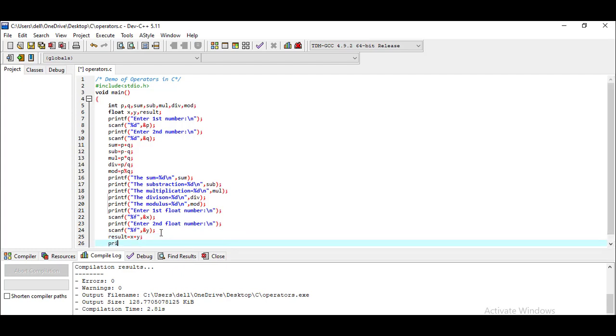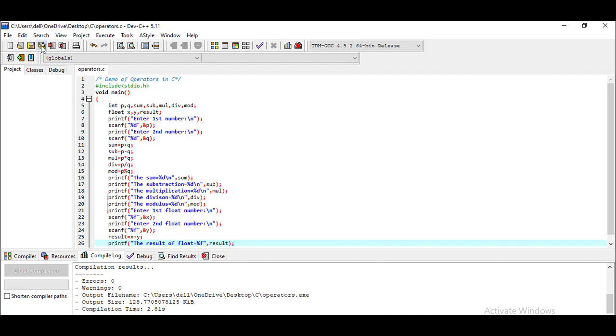So for this I have to write another line, printf. Then here we have to start the double quotes, and the result of float, simply I'm writing here, float is equal to, and here I have to write again the format in which we wanted to display. So we wanted to display the result in the format of float, so I have to put the symbol as %f, then give the comma, then the name of the variable whose value we would like to display. At the end, put the semicolon.